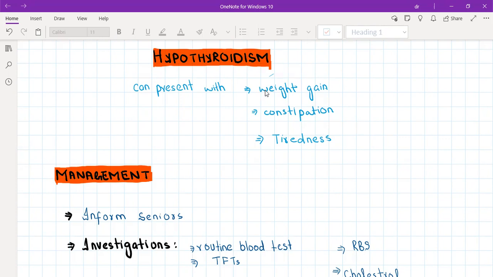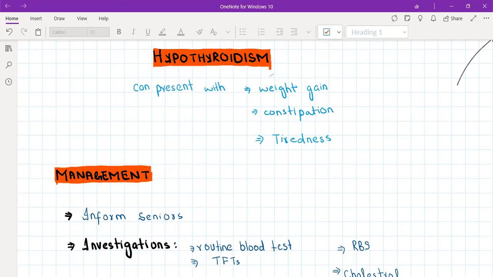Can you please tell me about the food that you are taking in a day, etc. And any other symptoms, and then you will ask about the hypothyroid symptoms, maybe Cushing disease, which also presents with weight gain, and then examination. In examination, you will do the BMI and then management. The tiredness history I have already explained, and the constipation history I will explain in detail in the coming video. Okay, so in management